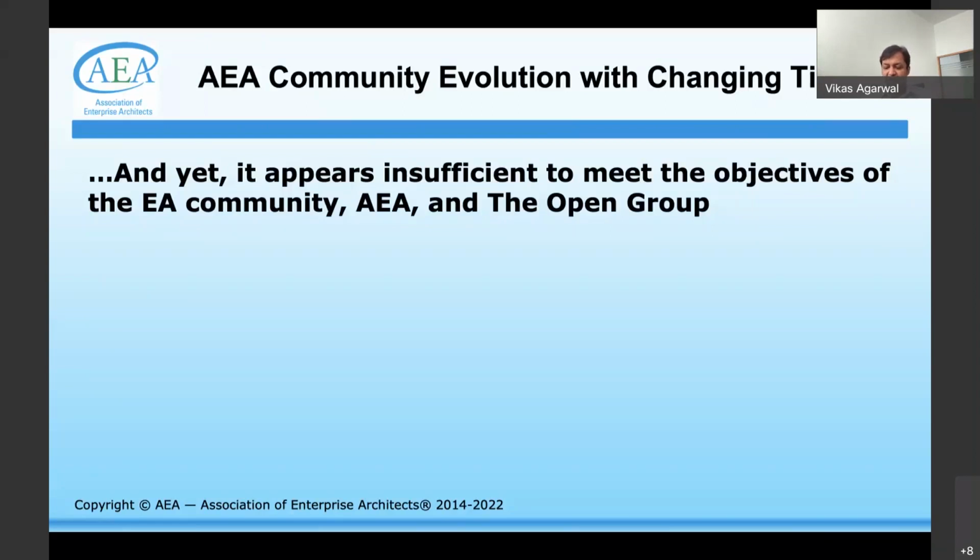These are a few symptoms that we noticed, and then we decided to really find out the root causes. We conducted several workshops with various chapters of the Association of Enterprise Architects within India. We understood several personas, their fears, their motivations, what drives them, and why they would or would not want to contribute.